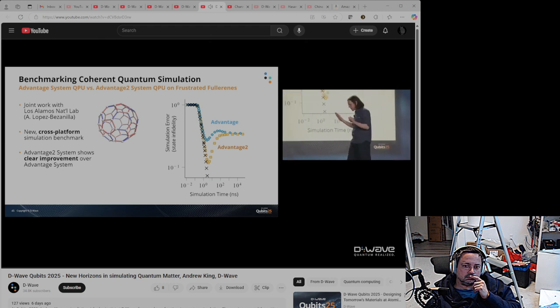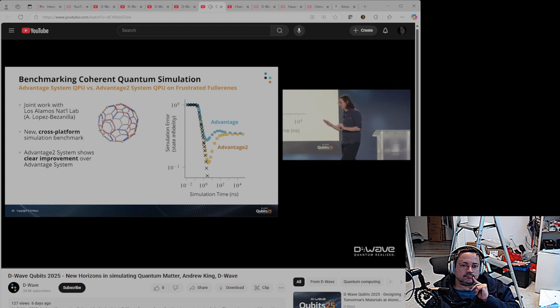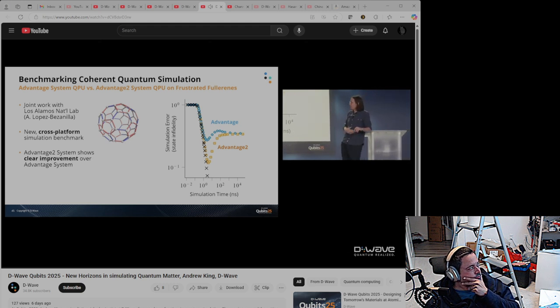We have a potentially cross-platform benchmark for quantum simulation, and this is on Ising fullerenes. It's kind of a fun problem, and the nice thing is that it gives a really good benchmark, and it can potentially be run on neutral atom systems as well, so we could get an apples-to-apples comparison. They actually showed about 7 years ago, I think, in a paper, a buckyball in a neutral atom trap. So they can do it at least in principle, and I'd like to see them do it in a production system one day. This is joint work with Alejandro Lopez-Bezanilla at Los Alamos National Lab.